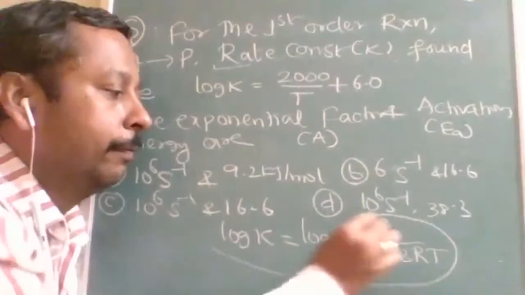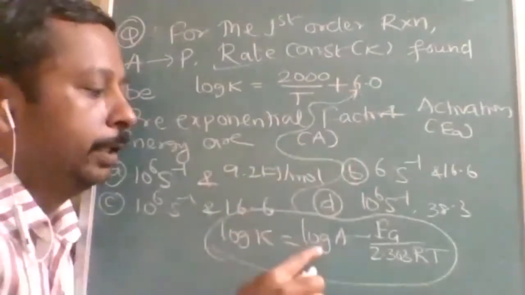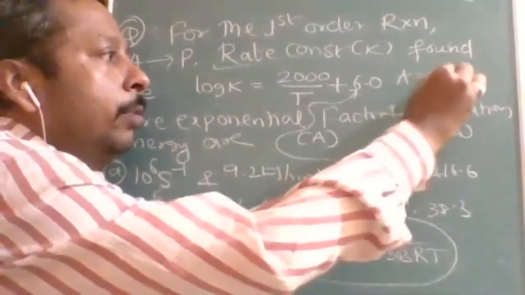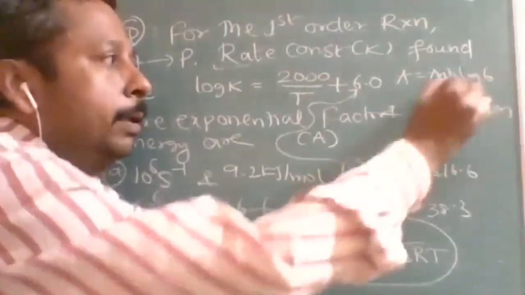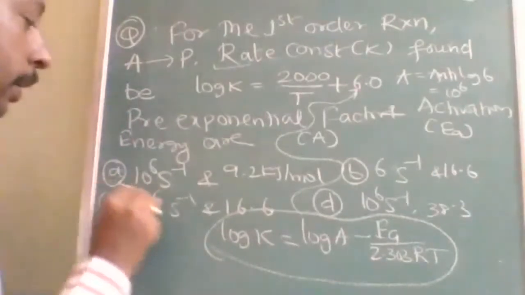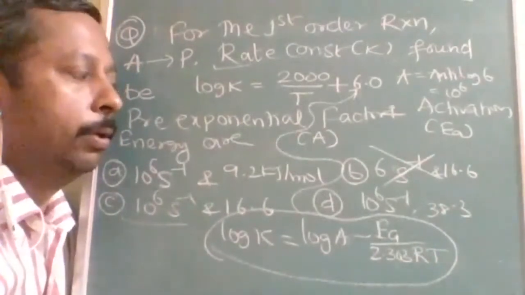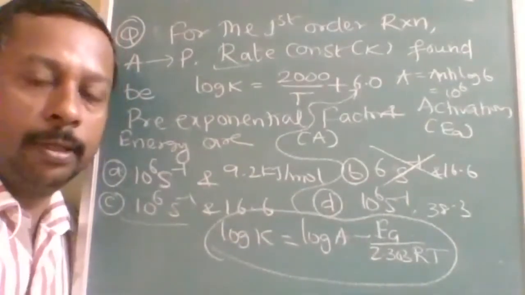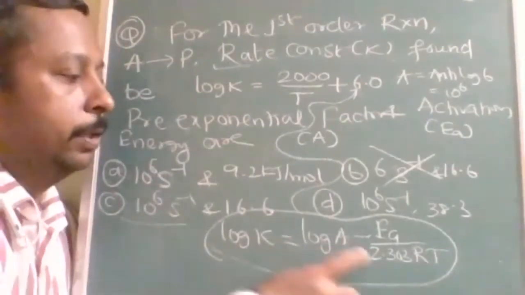Okay, see here. So this is the equation from which you have to compare. Here, in place of A, what is there? Log A. So A will be equal to anti-log of 6. Anti-log of 6 will be very simple. It will be 10 to the power of 6. So 10 to the power of 6 is there here, here, and here. That means it cannot be B, so eliminate B option. Now options left with us are A, C and D. So why not B? Is it understood? Then after that you compare these two terms.